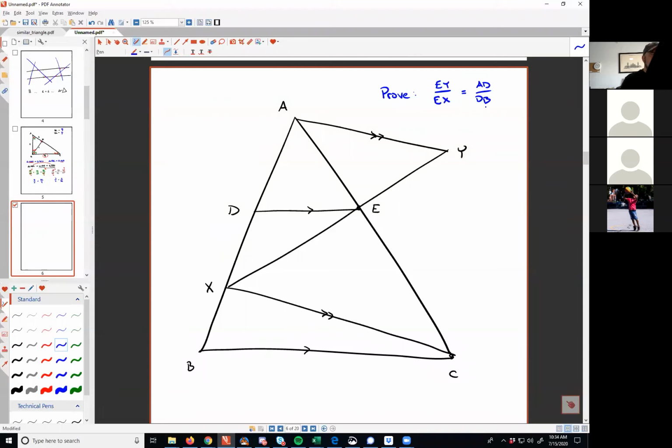So this problem seems much more challenging to me. When I look at this, I don't quite as easily see everything, but I do see those 2 pairs of